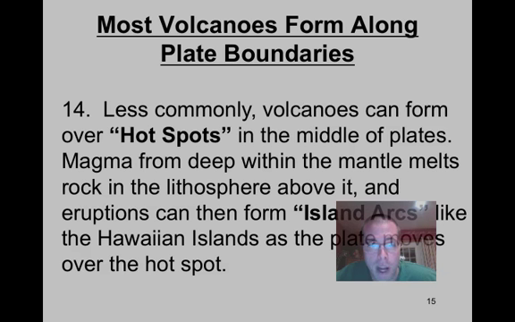We're not sure why hot spots happen, but they do happen in the middle of tectonic plates. The other very famous one is Yellowstone National Park. Some of you may not have known that, but Yellowstone National Park is actually considered a supervolcano, and historical records do speak of a very, very enormous volcanic eruption in that part of the world, and